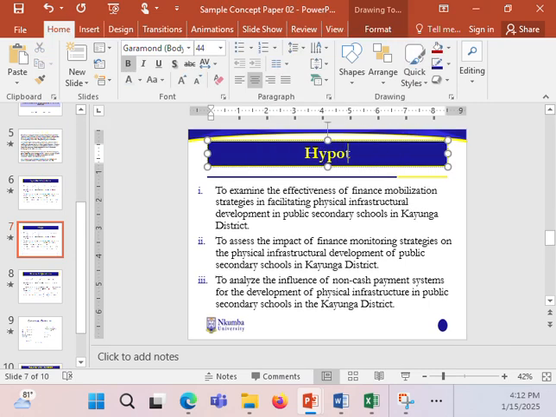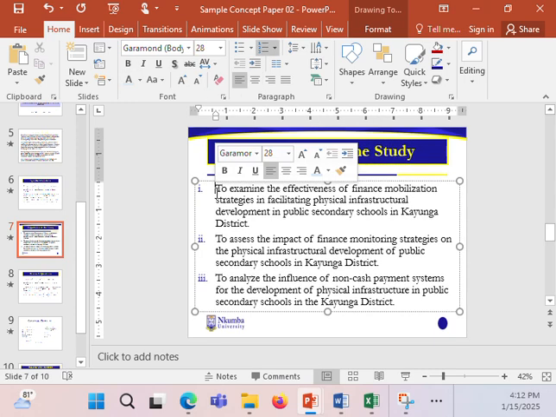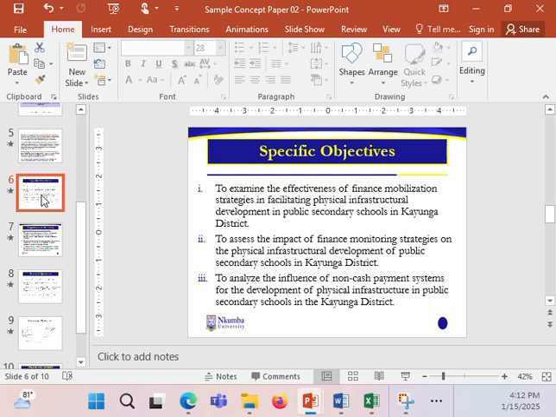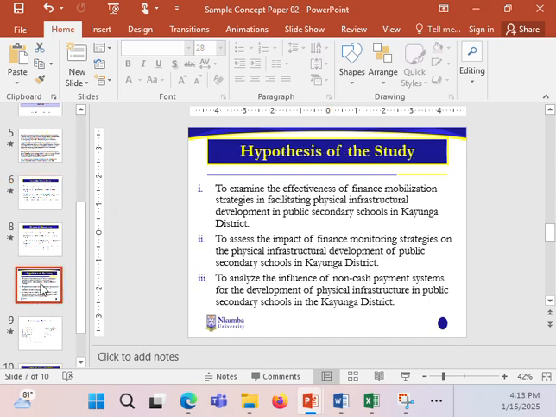We call it hypothesis of the study. Now, there is what we call hypothesis. When a person in research uses the language specific objective,